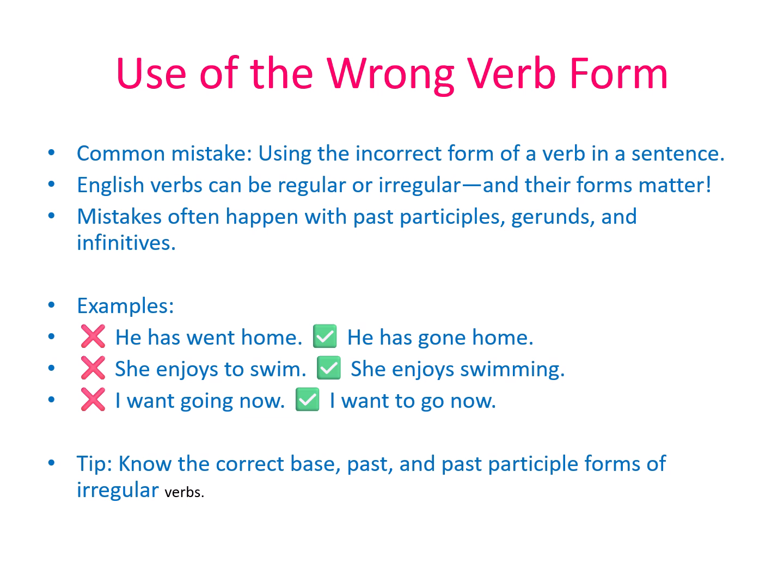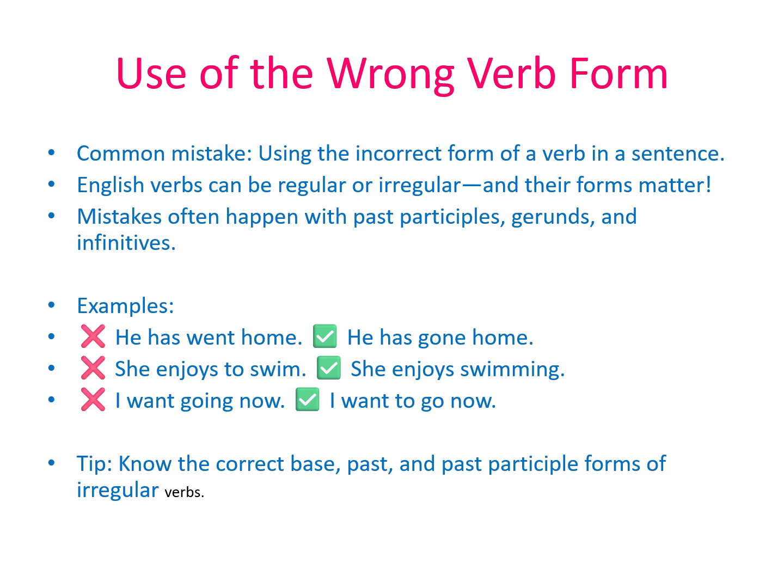For example, "he has went home" is wrong because the verb go has an irregular past participle form, gone. The correct sentence is "he has gone home." Similarly, "she enjoys to swim" is incorrect because enjoy should be followed by a gerund, not an infinitive. So it becomes, "she enjoys swimming." Another common error is saying "I want going now." But want must be followed by to plus base verb, "I want to go now." To avoid these errors, it's essential to memorize the correct forms of irregular verbs and know which verb patterns follow